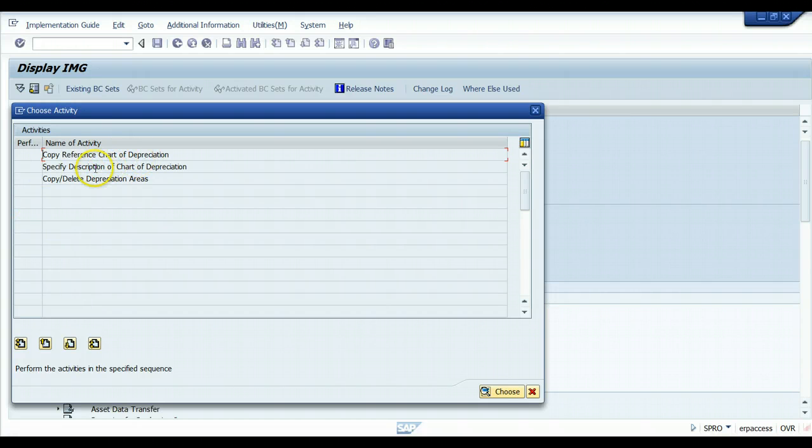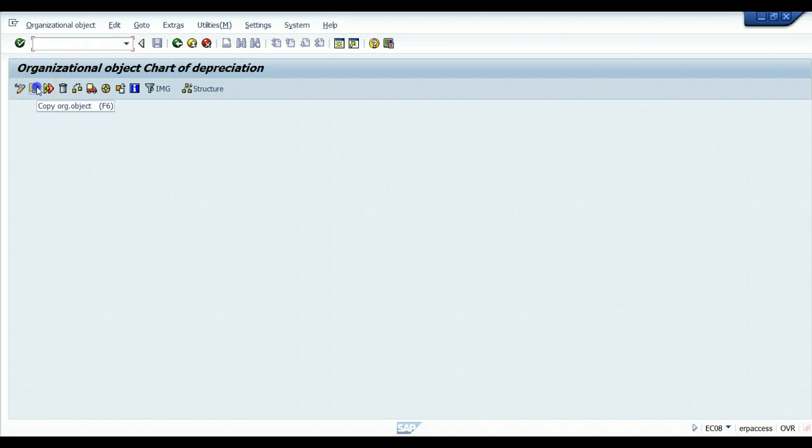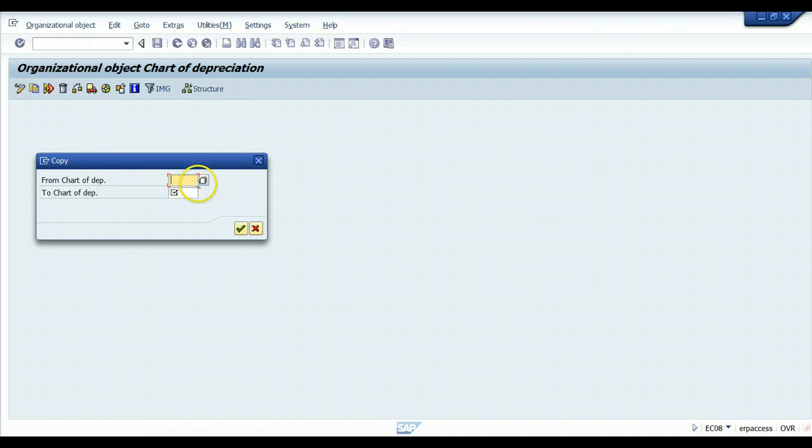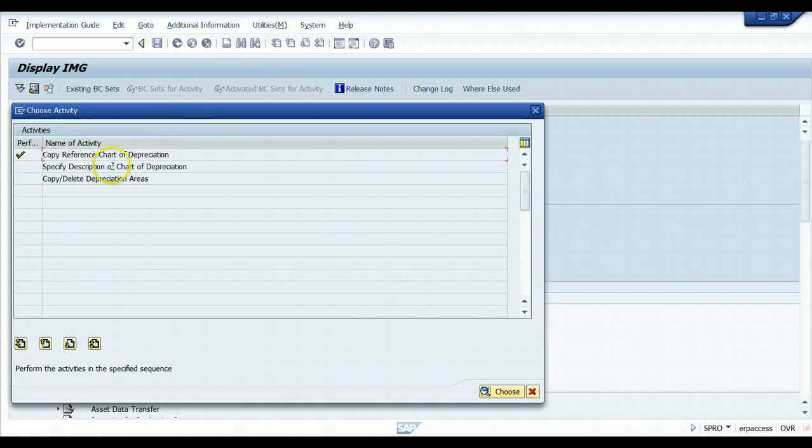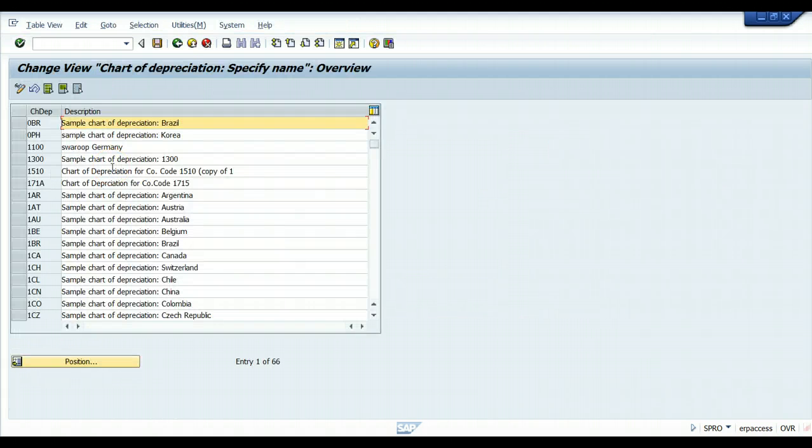Okay, the first item, copy. We now have the option to copy here from a chart of depreciation, which we can select from the drop-down menu here. And then we give it a value, whatever we want to call it. I usually give it the same value as the company code that I'm going to use it in, but you can give it whatever value you want. Go back out, you then give it a description. You find what you've just copied, give it a description. It'll default to the description of the source